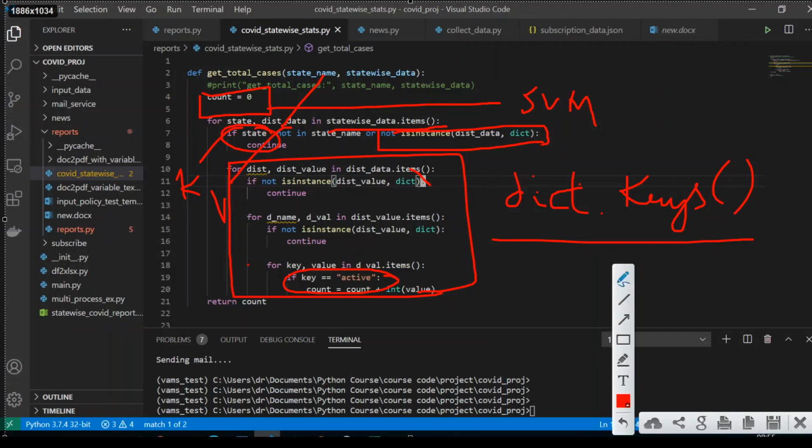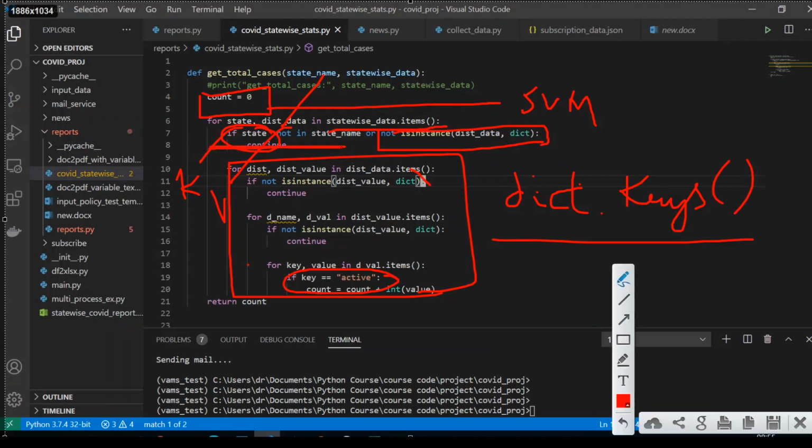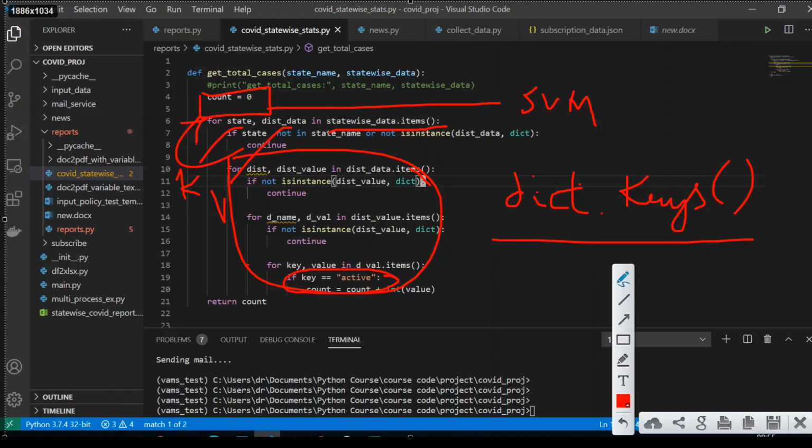So this is our main condition, and I'm just telling it, if this is not equal to the state name while traversing, do not continue with the below code. It will go back here, as we know that continue will not break out of the loop.